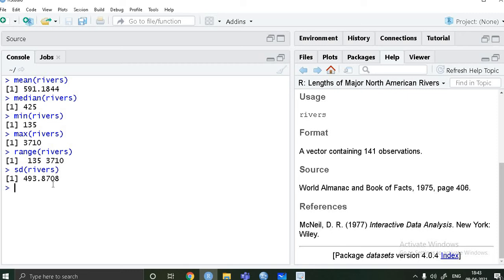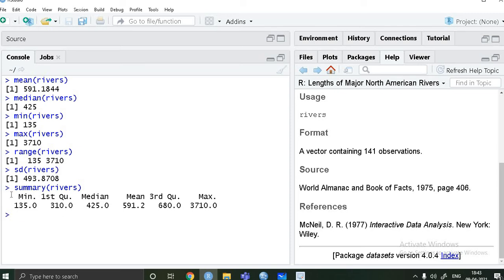Okay. So now there is one more function in RStudio. Simply type summary and in brackets write reverse, and let me press enter. The moment I type summary reverse, I am getting the minimum, the first quartile, the median, and the mean. You can cross verify from here; this number will almost be the same. This is the third quartile and this is the maximum.